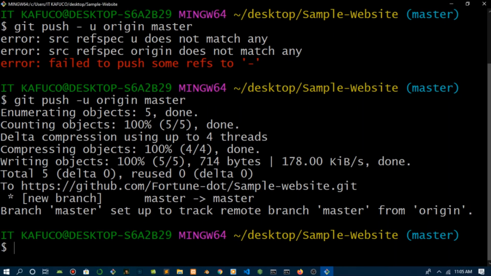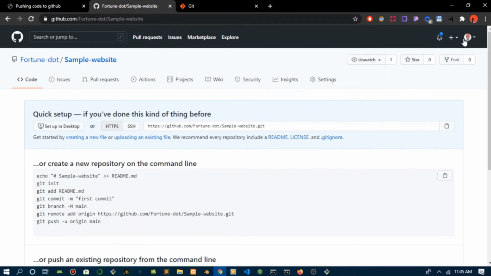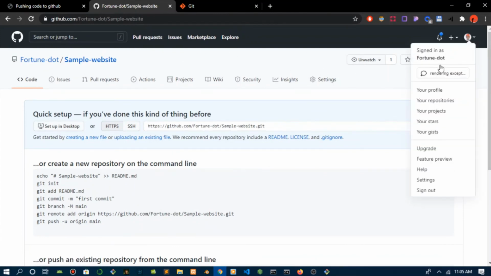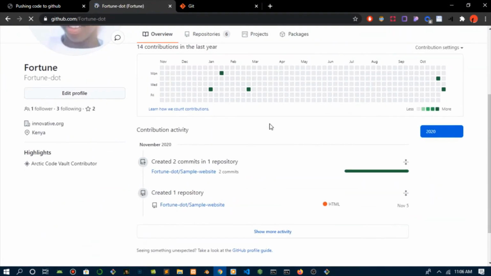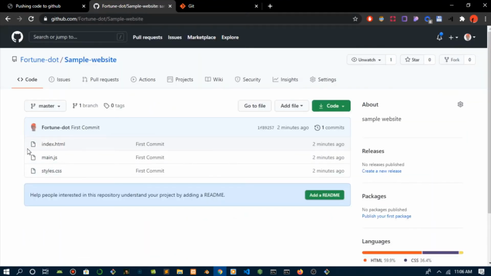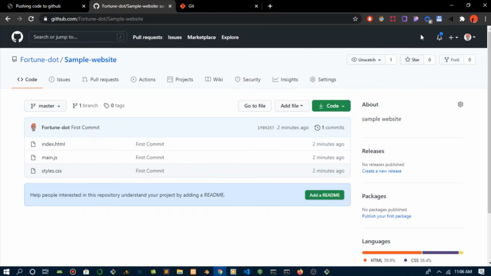It's compressing. Okay, I have no idea why it didn't ask me to, but maybe this information was already saved. So I'm going to go back to my GitHub profile. Okay, yeah, that's it. The website is already on GitHub. Here's my index.html, main.js, and style.css, sample website. But for your case, it should ask you for your GitHub username and your password. Once you do that, the code should be successfully